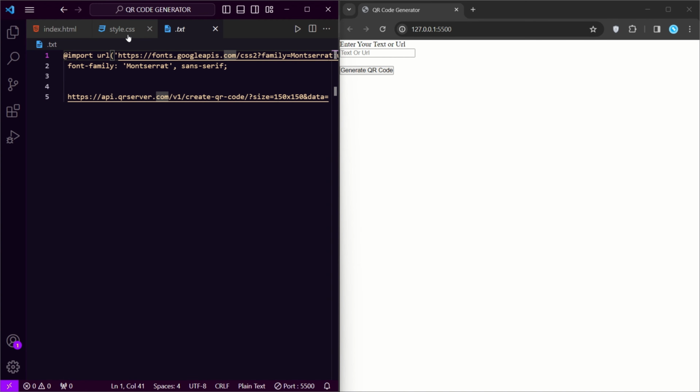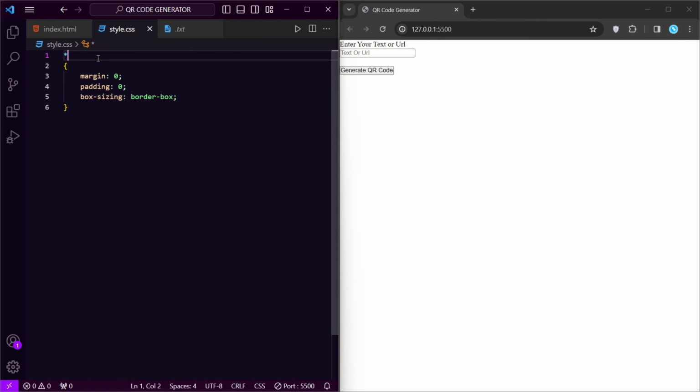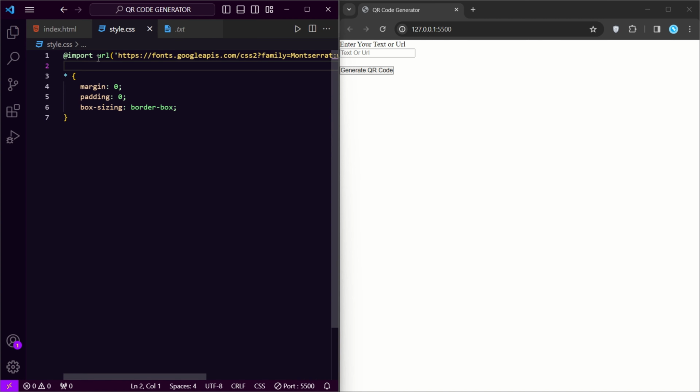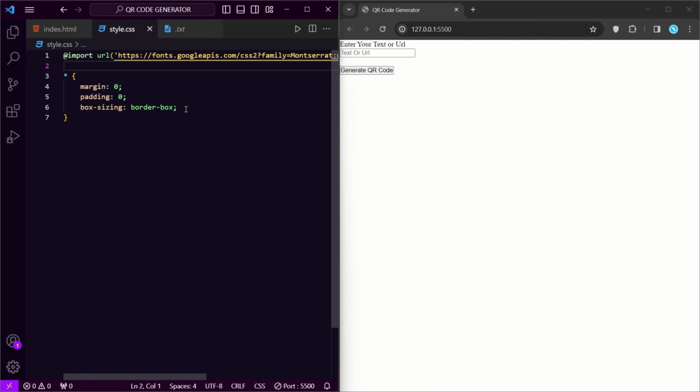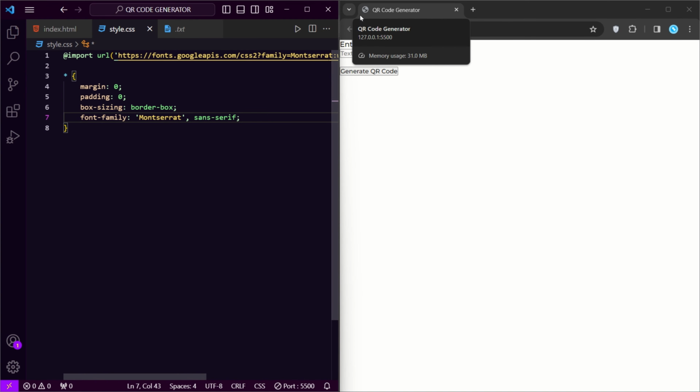I will copy the import link and paste it at the top. Save it. And also I will import the font family Montserrat Sans Serif. Copy it and paste it. Save it. You can see that the font has also been changed.